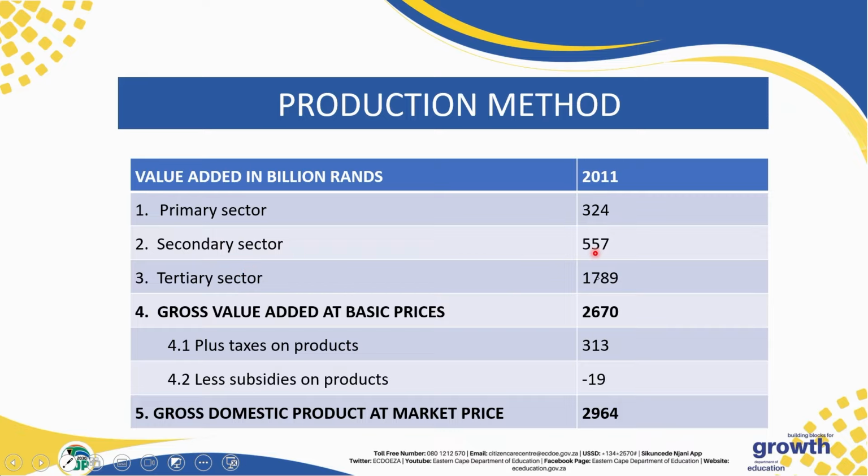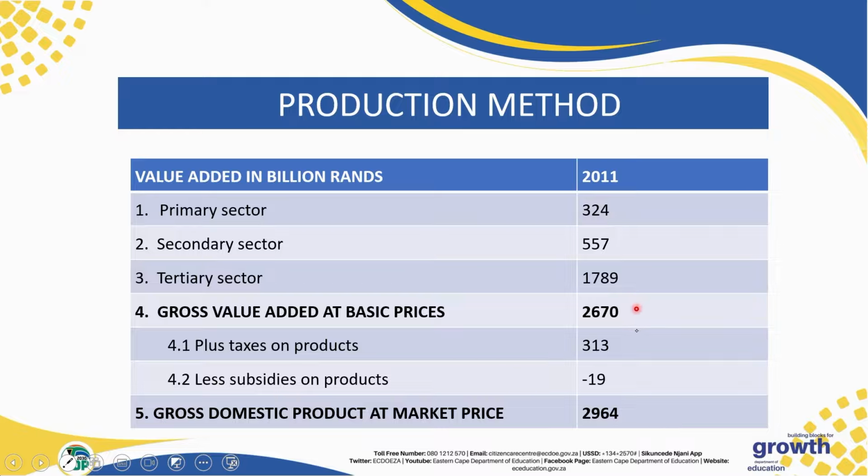Now, if we add these sectors of our economy, we're going to get the gross value added at basic prices. So it means now there is no value of the primary sector in the secondary sector, and no value of the secondary sector in the tertiary sector. So each and every sector is independent. What is reflected here is just the value that is added by each sector in the production process. So if we add line 1, line 2, and the third line, we get the gross value added